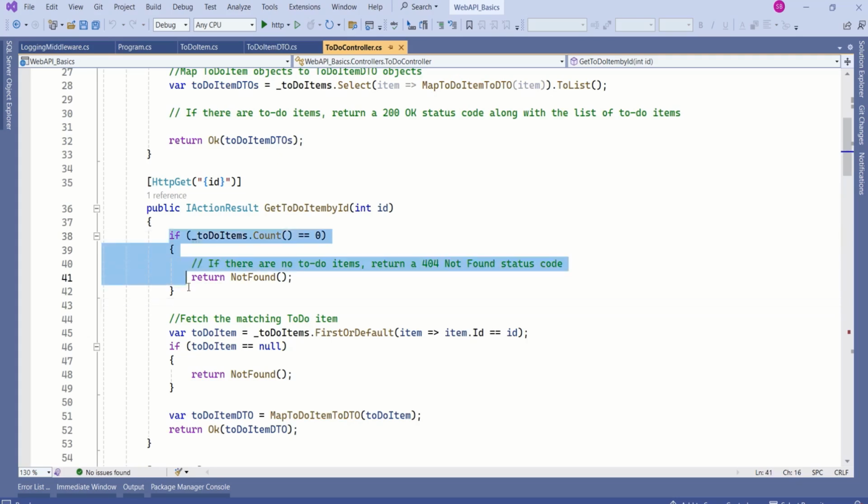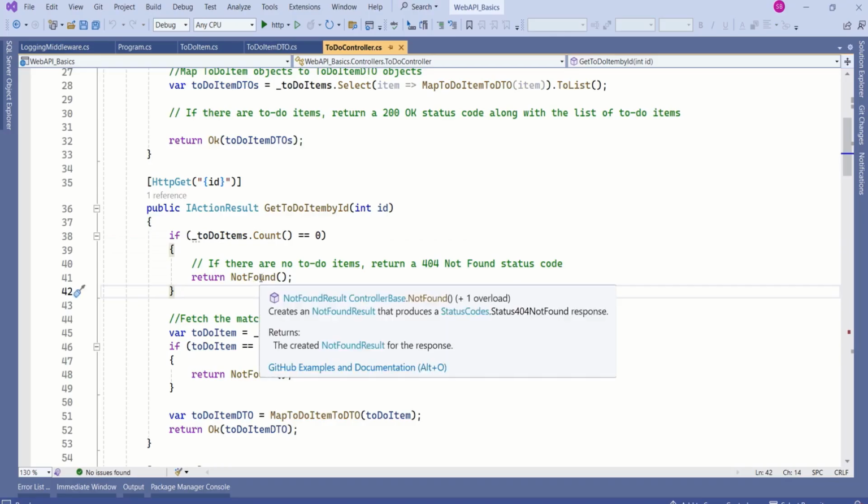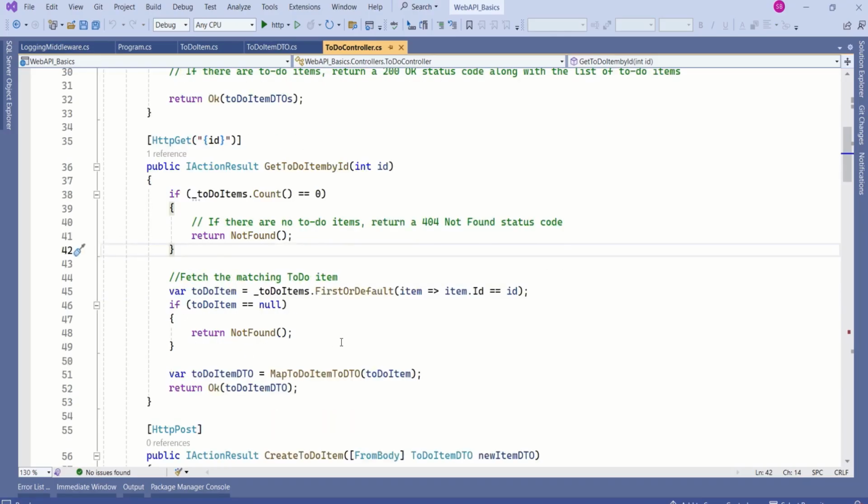Look at our web API. While writing the code itself, we are making a judgment on what status code to send back to the client. In this method, the client has requested some item and passed this ID. If there are no items, we are sending 404. Let's say we try to fetch that item, but there is no matching item for that ID.